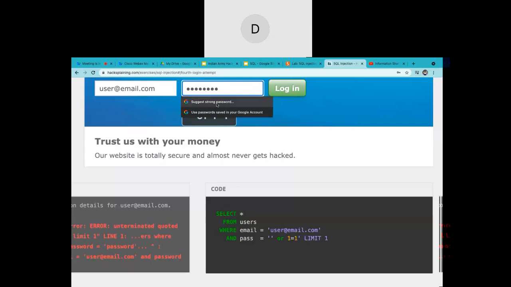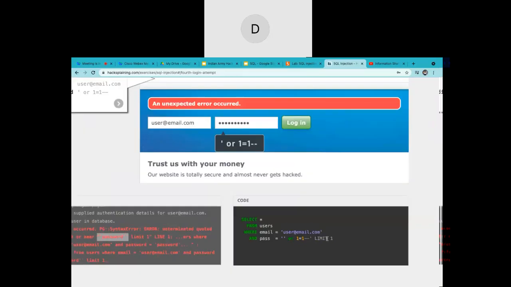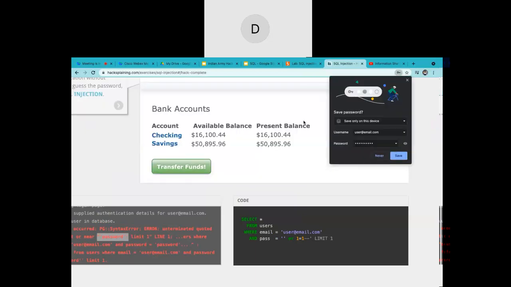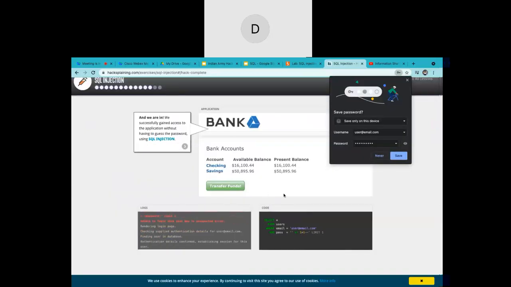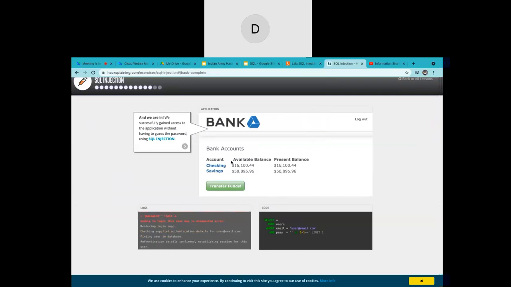But if I just execute this much, this single quote will not be balanced and it is going to give me some errors. So to balance that single quote, I'm using hyphen hyphen, which is going to comment the rest of the query. And if I try to log in to the application, it will go inside the application, and this way you are able to bypass with the help of SQL injection. So I hope you understood this hyphen hyphen thing, which is commenting the rest of the query. Still you have doubts?